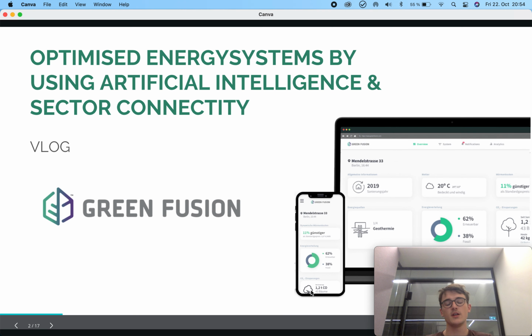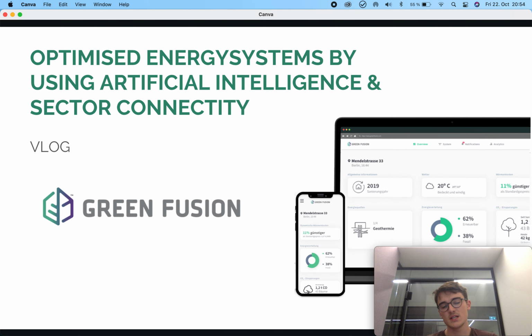So the company that I chose as a business case is called Green Fusion. And what they do is basically, when you have a heating system in a house, you need a central control unit for it nowadays. And this control unit needs a software, and Green Fusion is the software. So if you have solar panels, heat pumps, and batteries maybe, and the standard heating systems, Green Fusion helps to